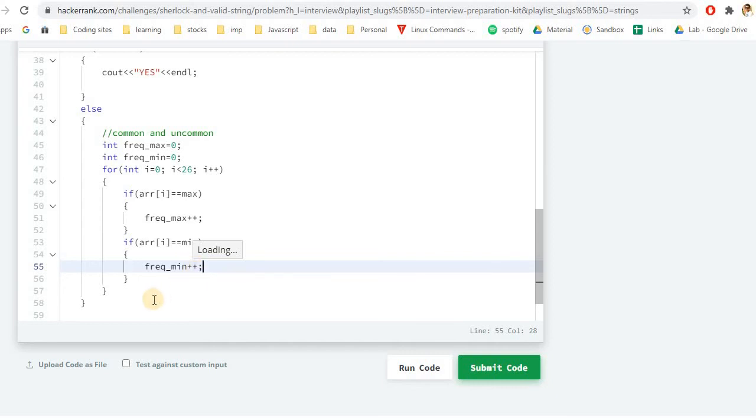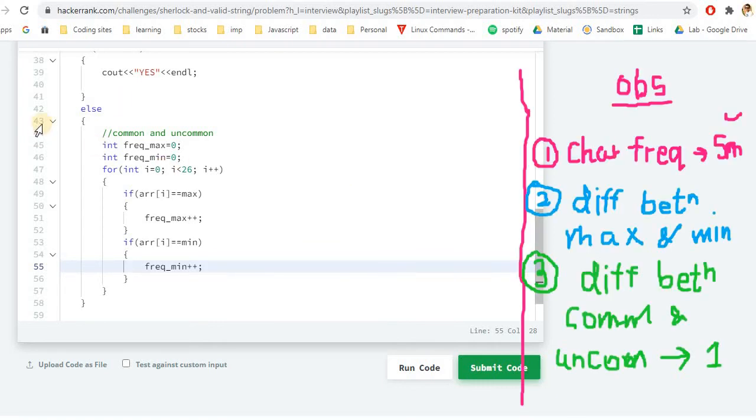After this, we will check if the difference between maximum and minimum value is 1 or more than 1, because there could be a case which we discussed, like 5 times a and a single b. So there are two possible scenarios, and we'll discuss them as well. By now, what we have done is, let me check mark, we have done the character frequency, the similar character frequency.